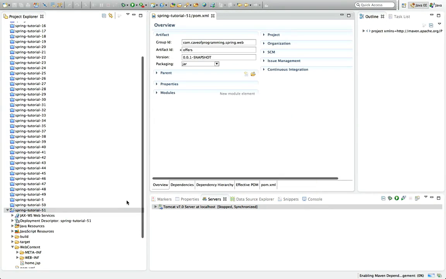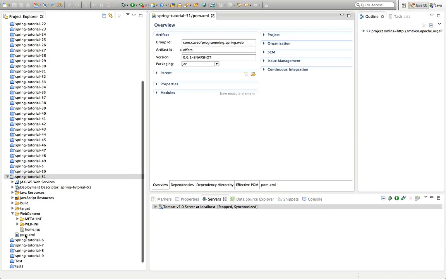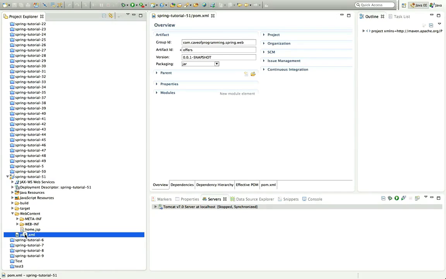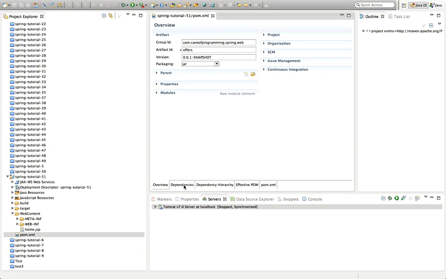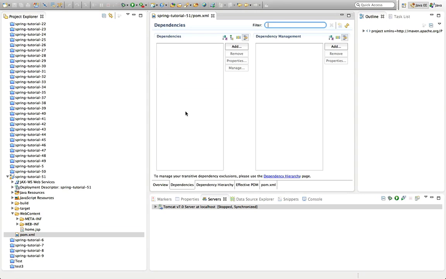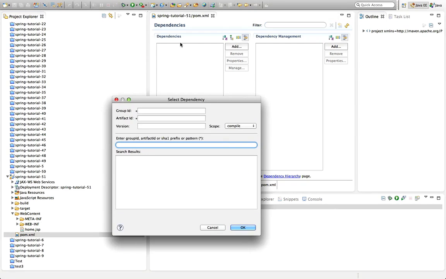And what this does is it adds this pom.xml basically, and if we double click that and go to the dependencies tab, because I've got the Maven plugin installed, we can see this stuff. And now just as before, I need to add the right jars. So I'm going to click add under dependencies here, and let's type in